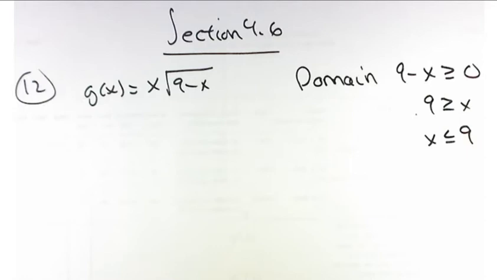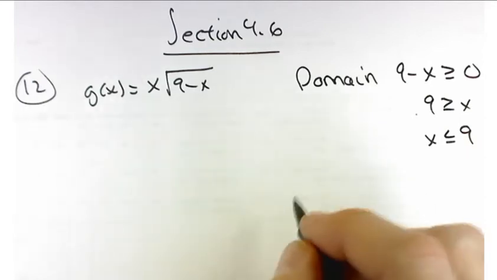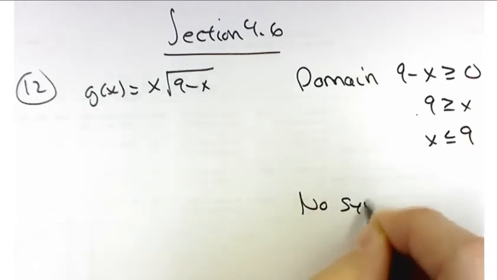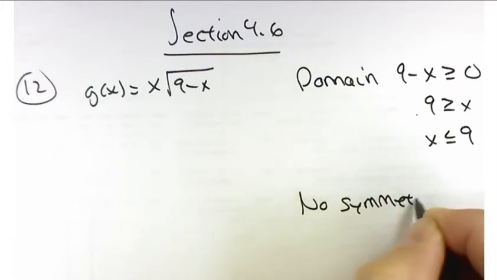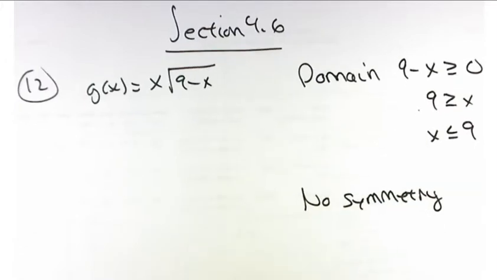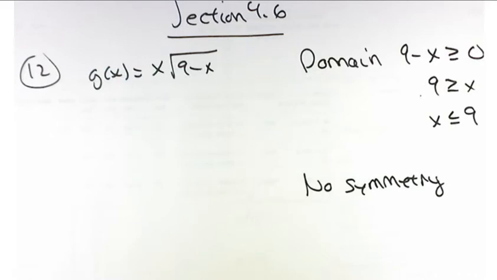Now let's see. There's no symmetry. This is not an odd function. It's not an even function. So we don't get any free passes that way. There's no numerator and denominator of this function, so we're not going to get some easy asymptotes. In fact, there's not going to be a horizontal asymptote nor a vertical asymptote. So what next then? Well, let's start trying to find where the function's increasing and decreasing, and also concave up